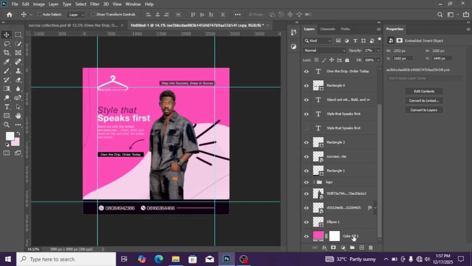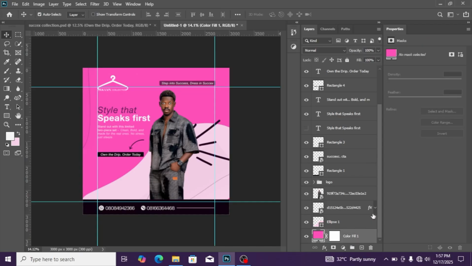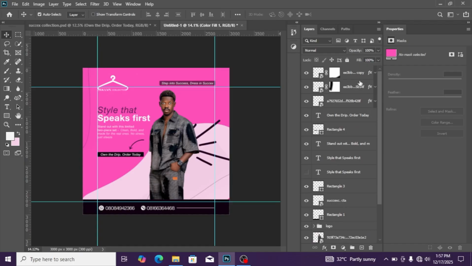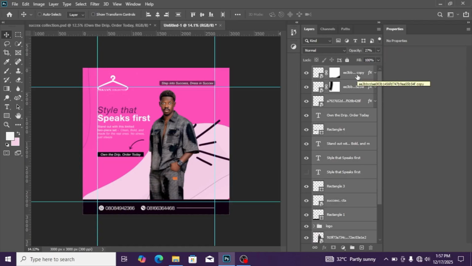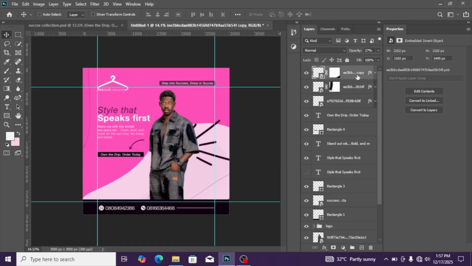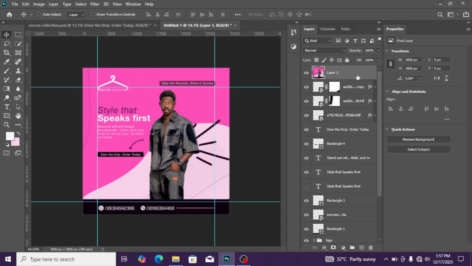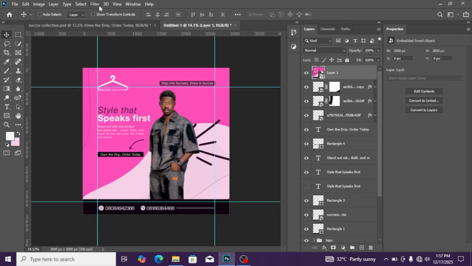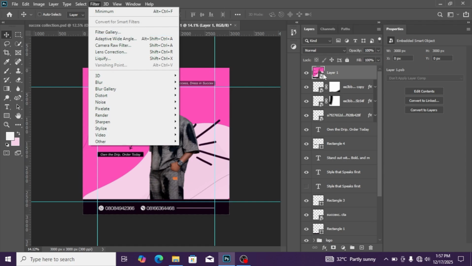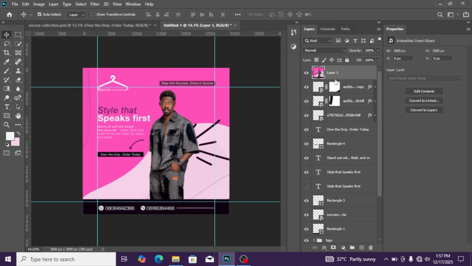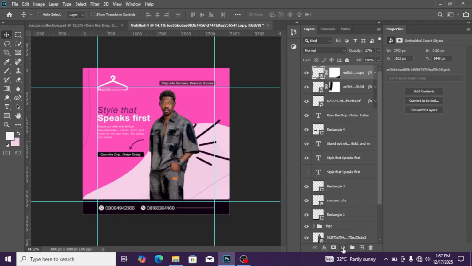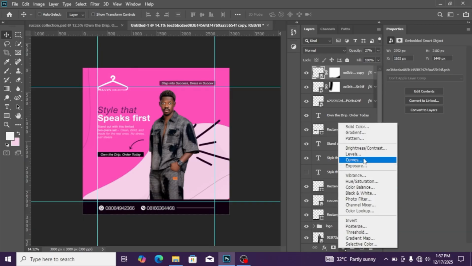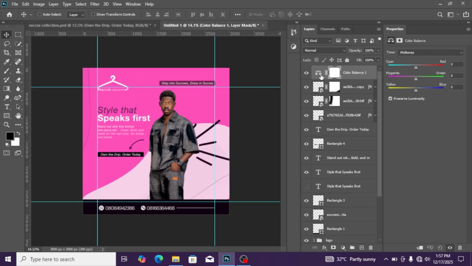Hold your Control and Shift and click on this upside and press Ctrl Shift Alt E to create a snapshot of it. Go to Smart Object, go to your filter, Ctrl Z, there was a forgotten procedure, but I'm happy I remembered it right now. I think